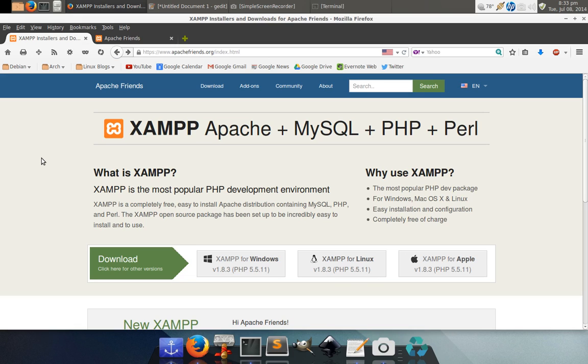Basically, it stands for Apache, MySQL, PHP, and Perl. Perl is just another programming language like PHP. MySQL is a database program, and Apache is a web server. So you just need three: Apache, MySQL, and PHP. Or you could do Perl instead of PHP. It depends, but PHP is the most popular one out there. So I'm going to show you how to install XAMPP